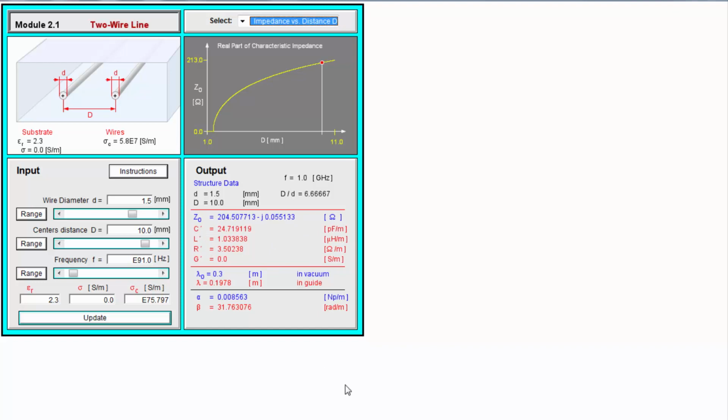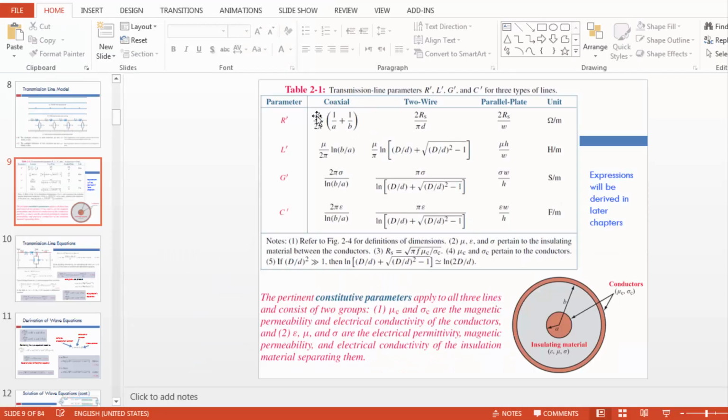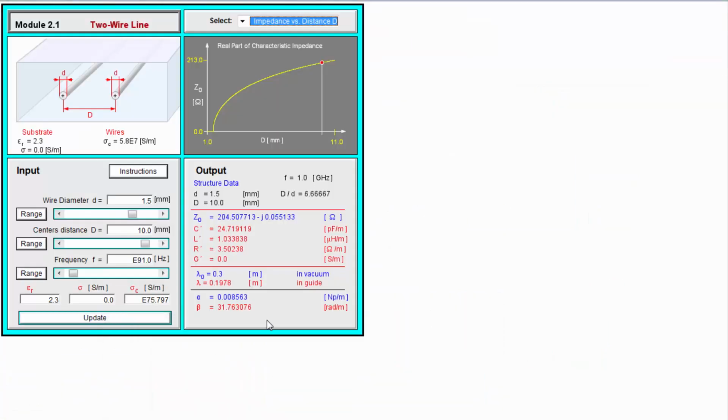And to do that, we know we could use these equations or formulas to calculate the main parameters. So for example here we have the case of two-wire, so we could calculate the resistor here and the inductor and the conductance and the capacitor. Okay, so by calculating these four parameters we could then calculate the characteristic impedance. Okay,